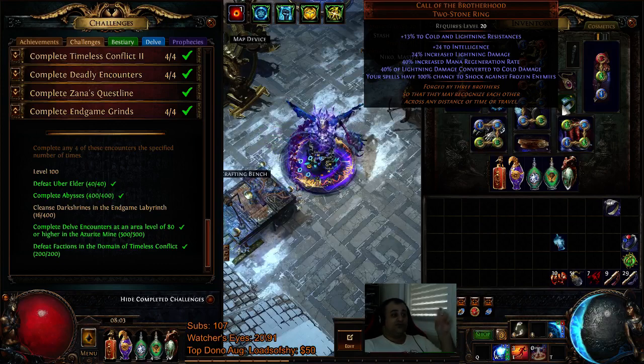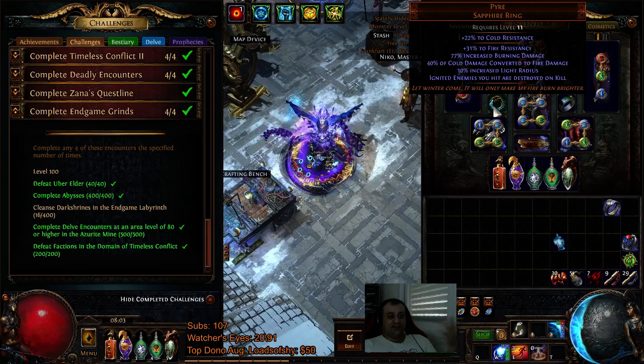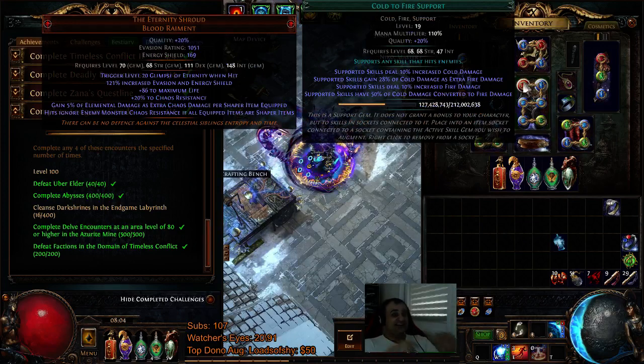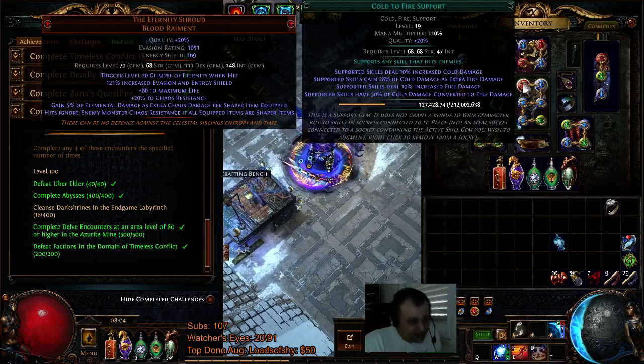Then we can use Call of the Brotherhood to convert some of that lightning damage back to cold, and then Pyre will get that original cold converted to fire, right? And you still got a whole bunch of cold damage, so using cold to fire to get converted back to fire, so you're getting layers and layers of damage conversion. Each layer of conversion gives us elemental as extra chaos. So as you can see, it's got some serious potential for double, triple, quadruple dipping,